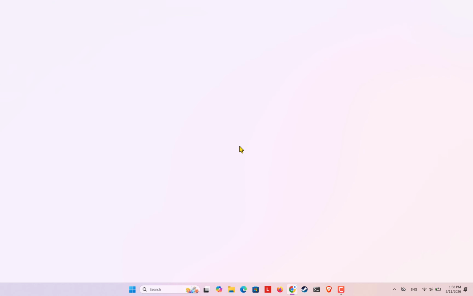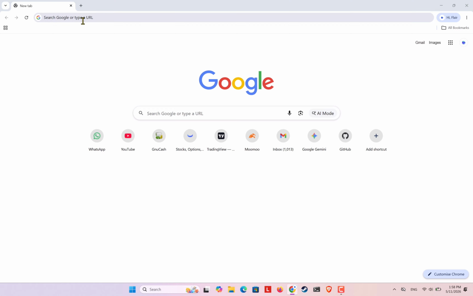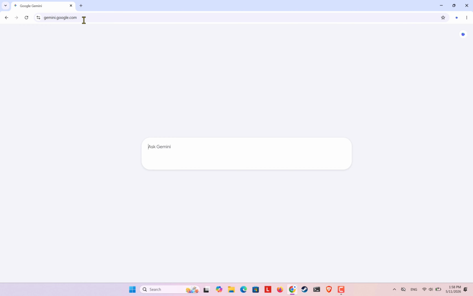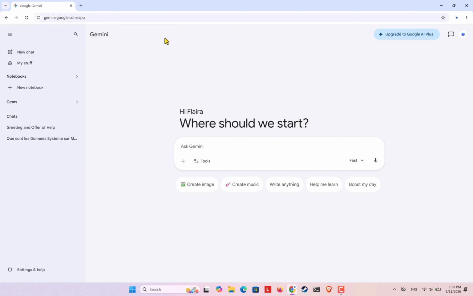Once Chrome opens, go to the address bar at the top and type in gemini.google.com, then press Enter. When the Gemini website loads, go ahead and sign in to your Google account if you haven't already. After logging in, look at the top right corner of Google Chrome and click on the three dots